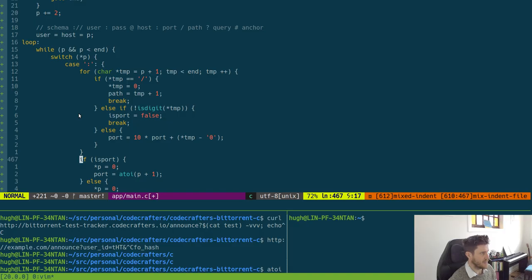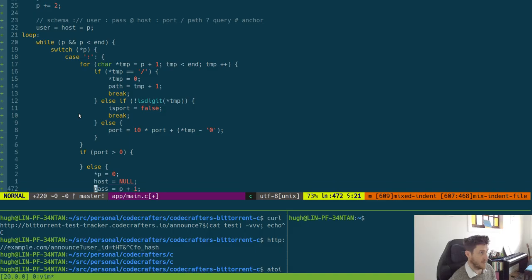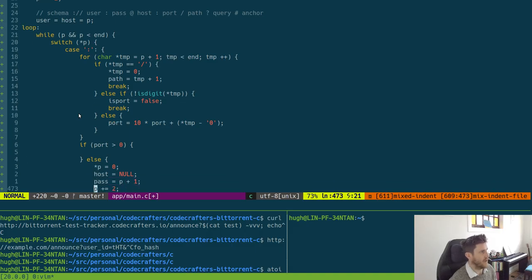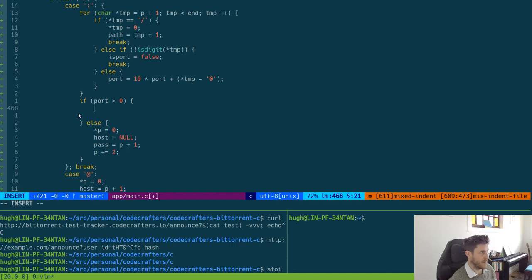So here we can probably go, if port is greater than 0, that means we found we were a port. And so I guess here we just need to set where we want our P to be next. We can set that to be null. And what else was I thinking? I need to